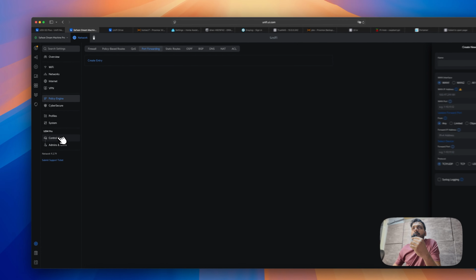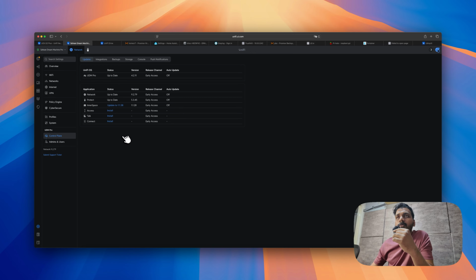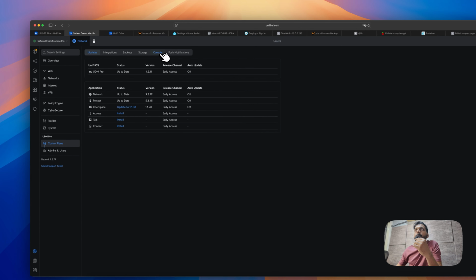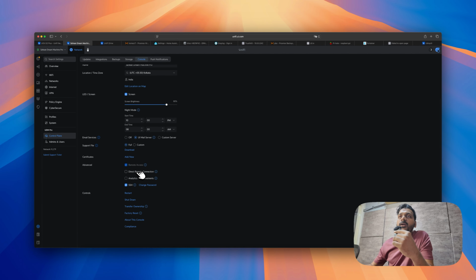And after that, the final practice would be, if you are using consoles like the UDM Pros, Cloud Keys and the gateways, under the control plane consoles make sure to uncheck this option, which is Direct Remote Connection. If you have a static public IP on your network, you can access your UDM with this IP, and it will enable port 443. As you can see, it will allow all incoming traffic through the TCP port for faster access. This can only be enabled when you have a static public IP, but I won't recommend this. You can use the traditional standard remote access, so you can access it from the Site Manager